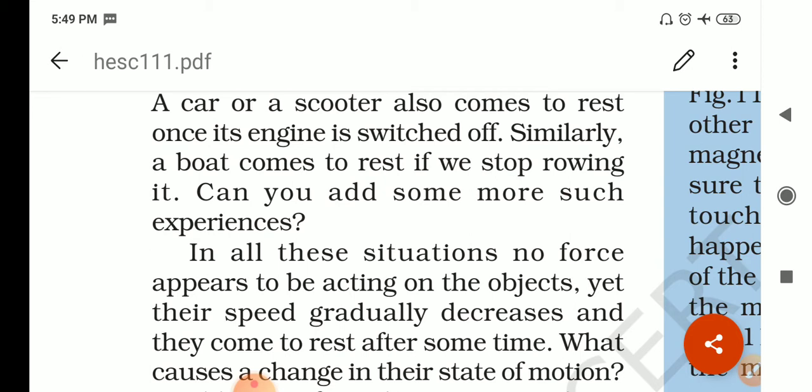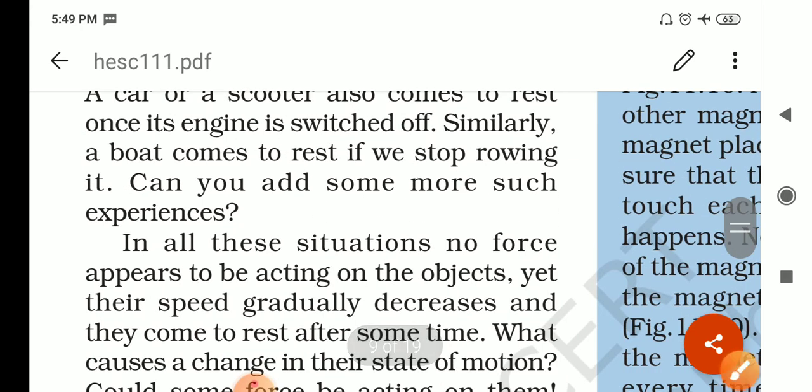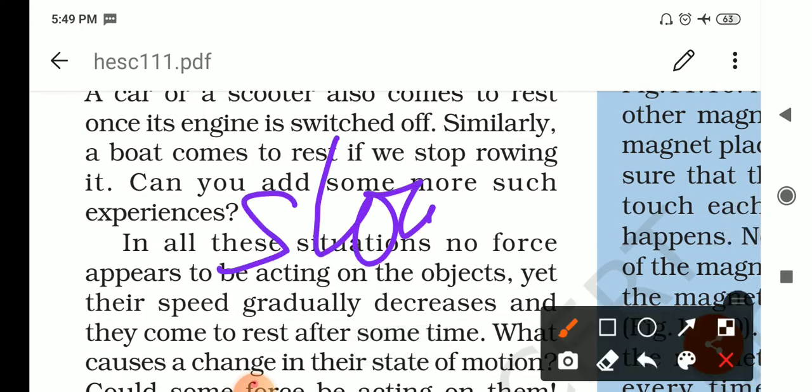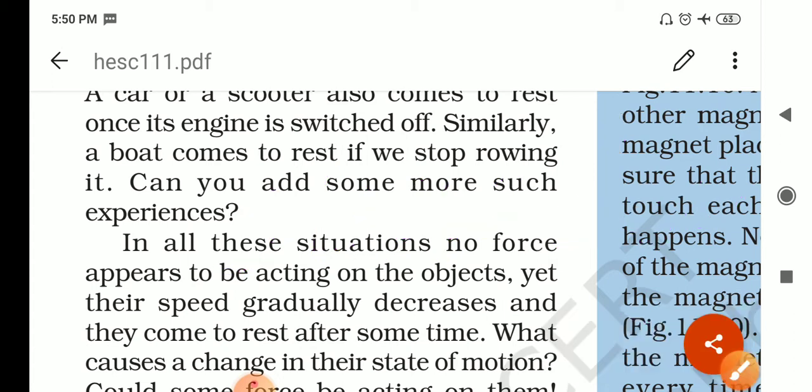which is acting between the surfaces in contact, and sometimes with air and water also, applies that type of force. This friction slows down moving objects, है ना, and prevents an object from coming to rest from the moving condition. That force acts at the point of contact between the two surfaces, where the two surfaces are